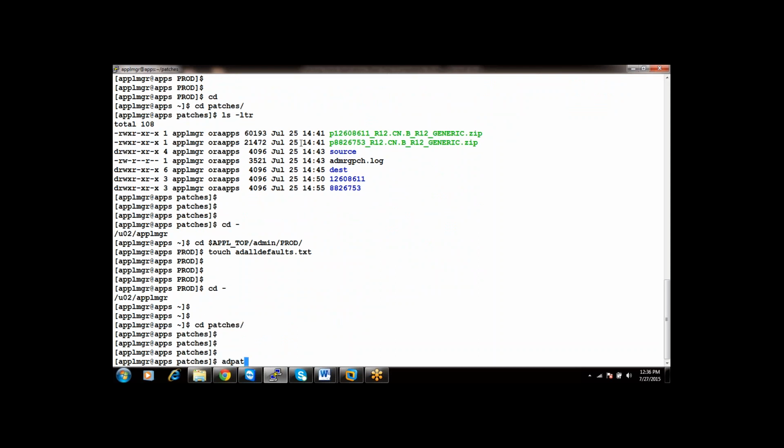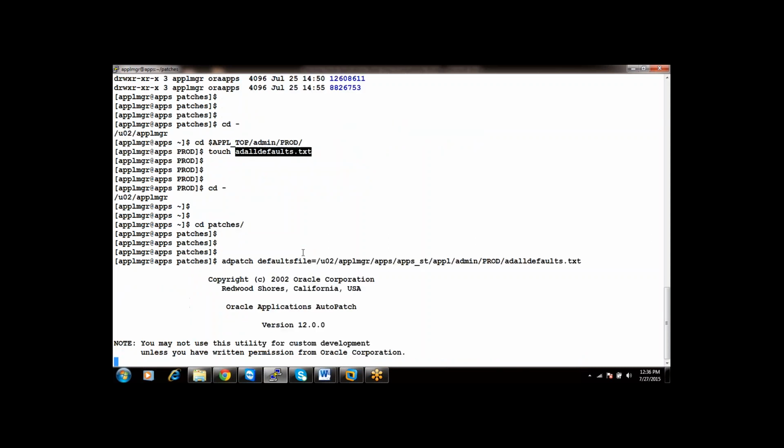So AD patch for the first time, defaultsfile equals, spelling Santosh, DFAU. Yeah. So AD patch defaultsfile equals the same. I'm giving it right for the first time. See what it is doing.